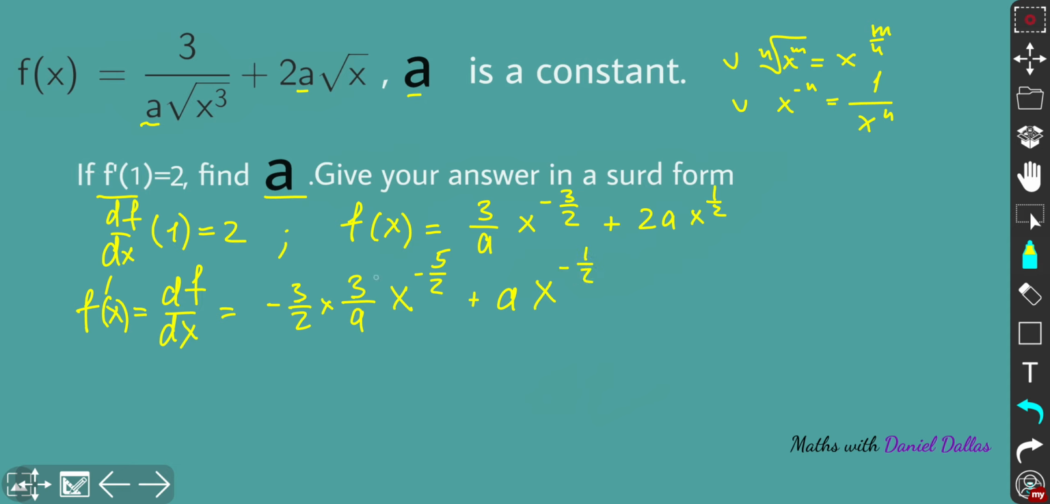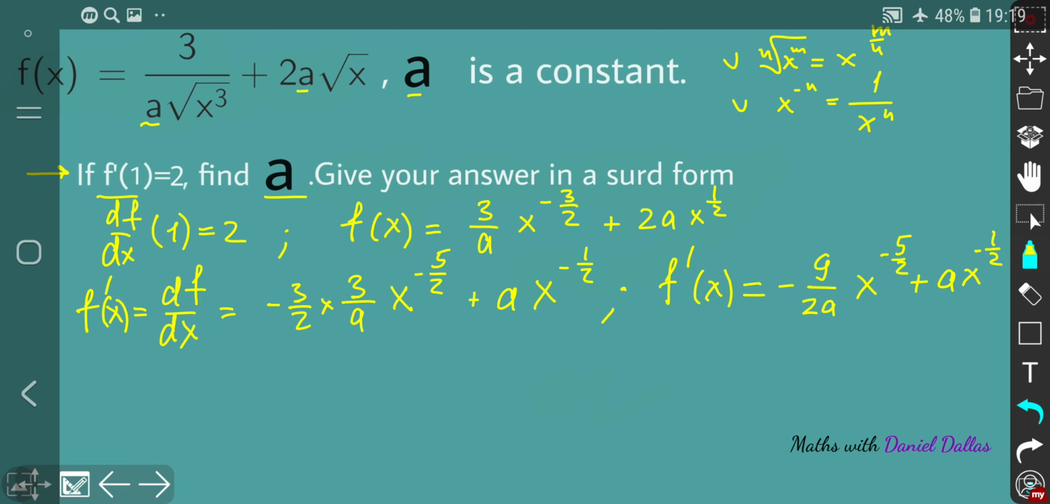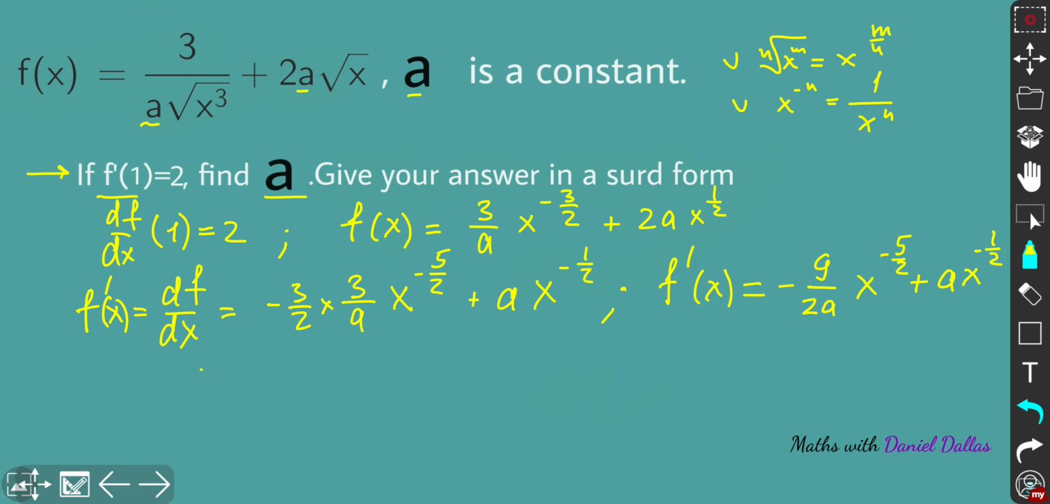All right, so we have negative powers, but that's okay. So f prime in general way, f prime of x is going to be equal to negative 9 over 2a x to the power negative 5 over 2, and we add a x to the power negative 1 over 2. I'm not going to convert back into root form right now because here I need to plug in f prime of 1. So we plug in x equals 1, f prime of 1, and we know that the result is